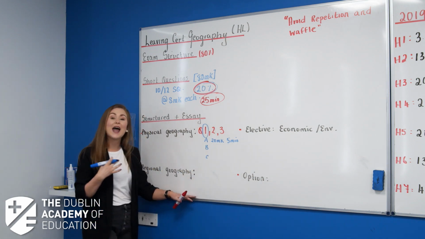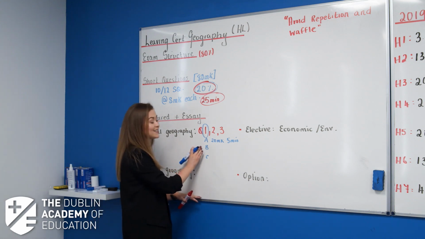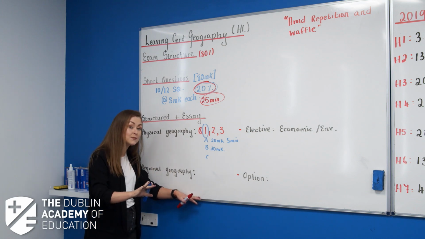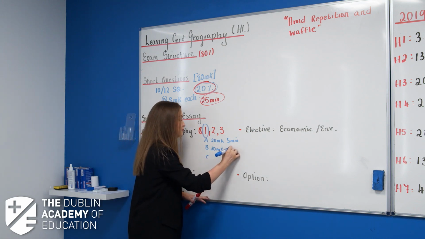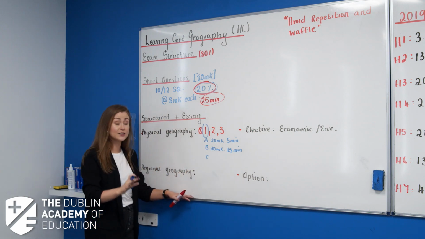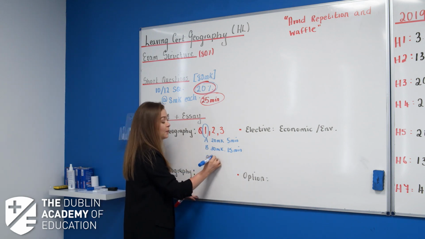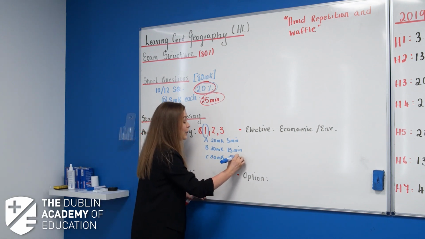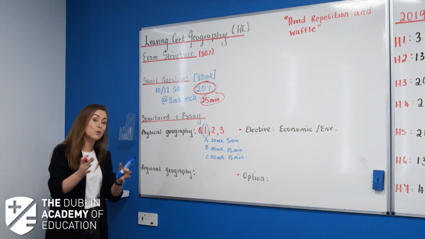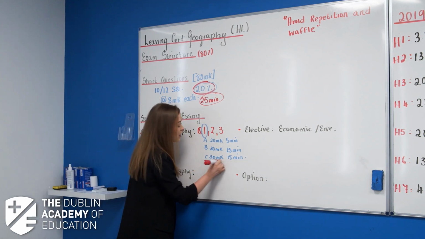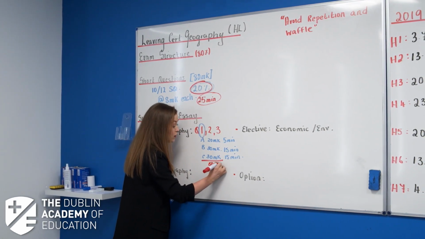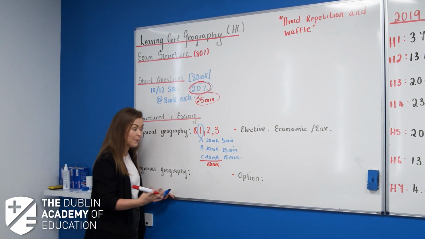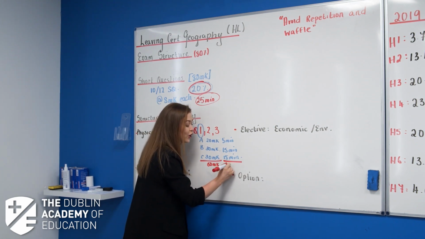Your part B is your essay style question. Your essay style question is worth 30 marks and should take you approximately, or less I should say, 15 minutes, no longer than 15 minutes. Part C is another essay style question, 30 marks and 15 minutes. Now once you get this structure and this timing right, it means that that's 80 marks in total for your physical geography, which again is 20% of your paper and will take you 35 minutes.